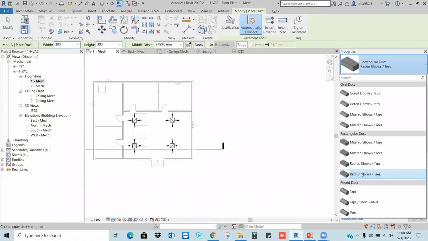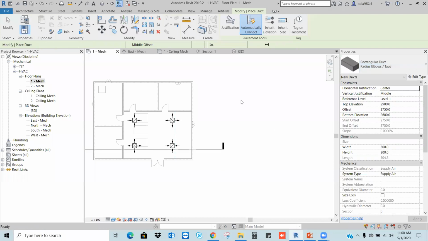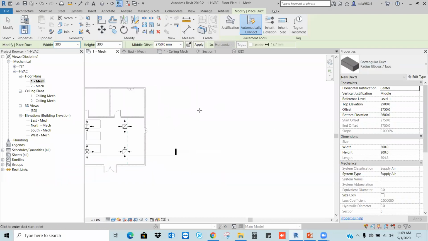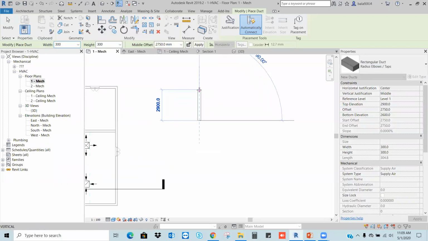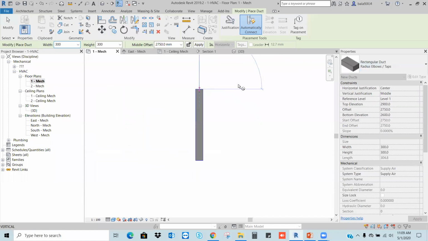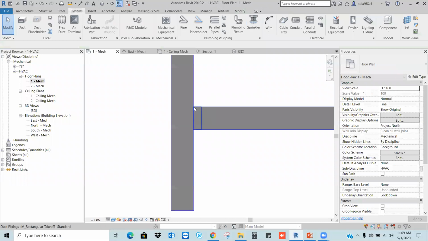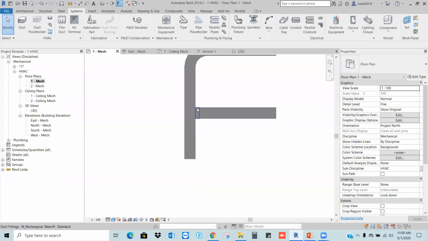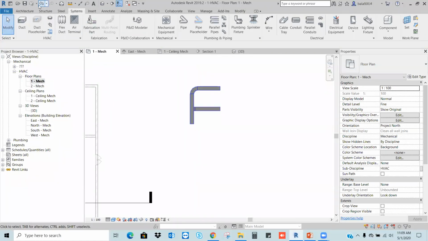Let's say first I will take the radius elbow tap. Okay. I'm going to start my duct here. Okay. This is an elbow. I'm getting the round elbow. This is the radius elbow. I want to draw one branch. See, now I'm getting this one tap. Okay.